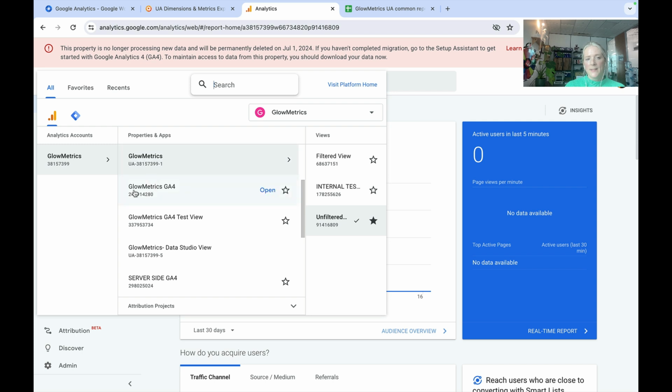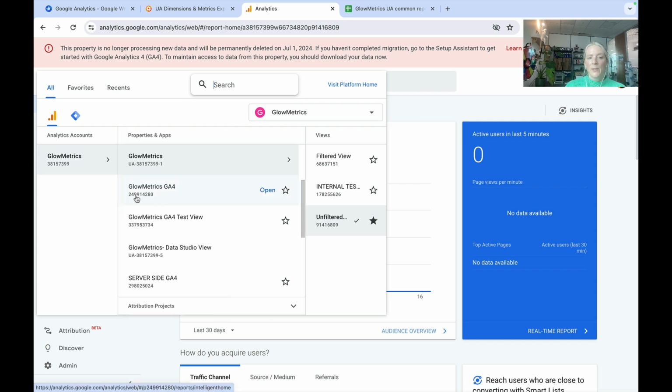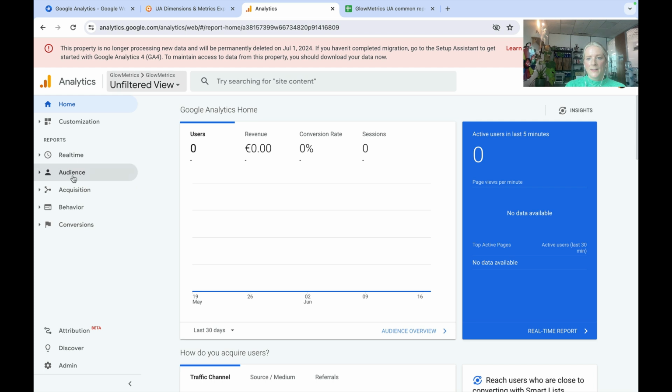If you notice when you log into your Google Analytics account and you click on the option to view your accounts, properties and views, any with a number like this will generally relate to a Google Analytics 4 account. So I know I've got this primary Google Analytics UA account. So I select that, and then we have a couple of different views, but what I want to do is pull data from this unfiltered view. Okay, so we've obviously no data here because it hasn't been collecting any data, but what I need is the